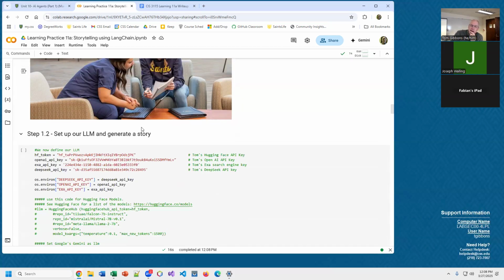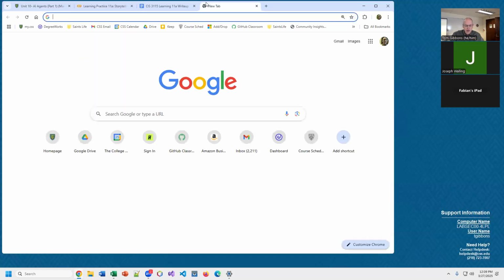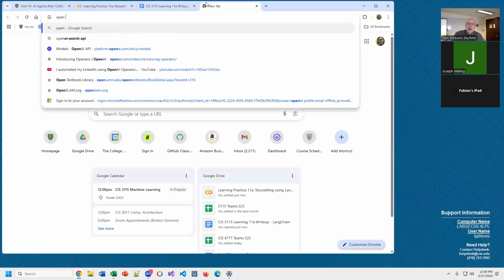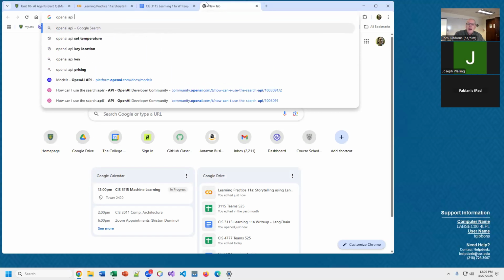Now we're going to set up our LLM and do that. Now, to access different LLMs, we're going to use what is called an API for that. And you generally need an API key to access that. So if I go to OpenAI API key,